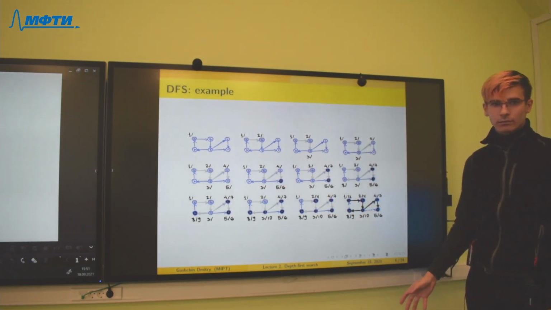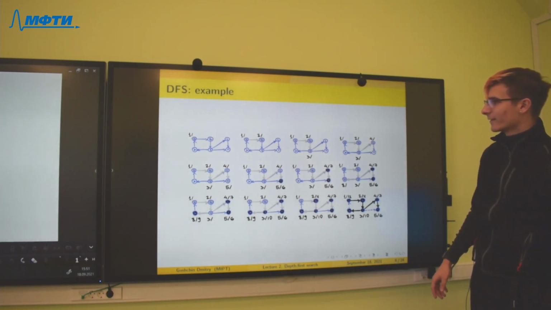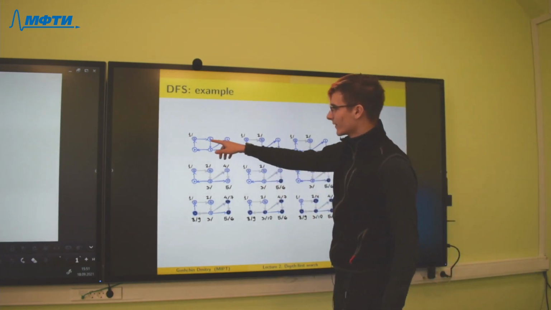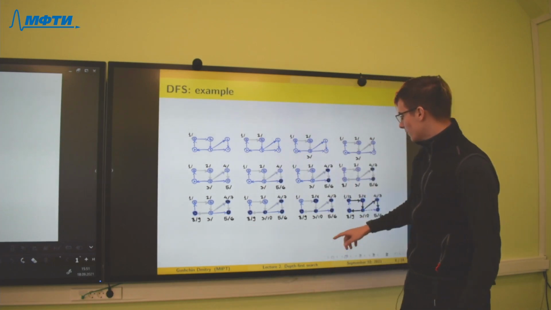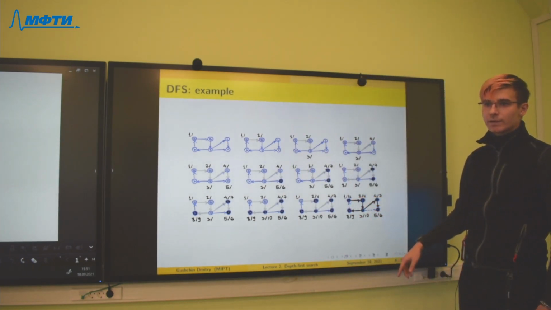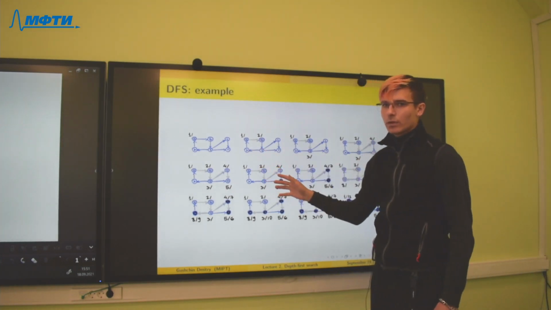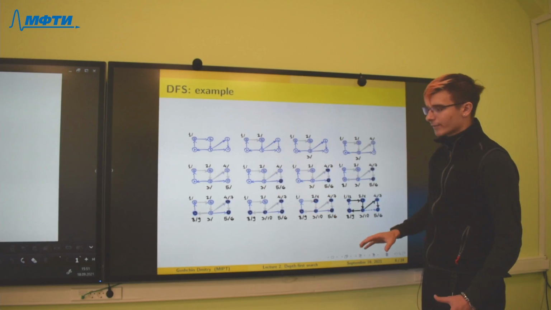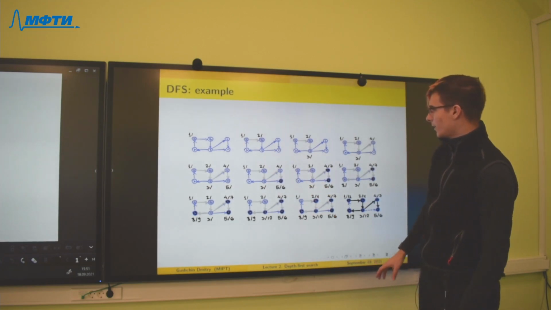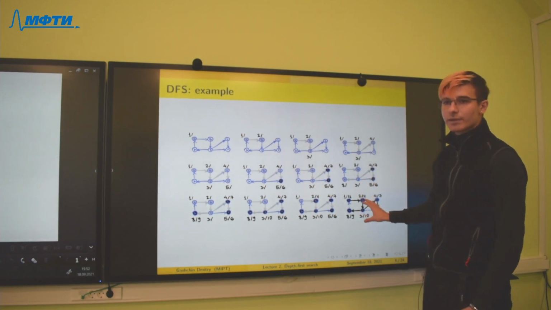Of course, we are lucky that when we start with vertex A, we can reach all vertices in the graph. But if we start with F, we can transform our algorithm and see all these connected components.